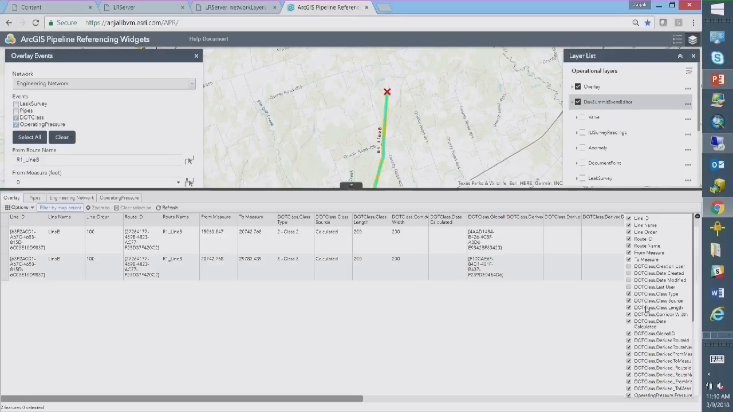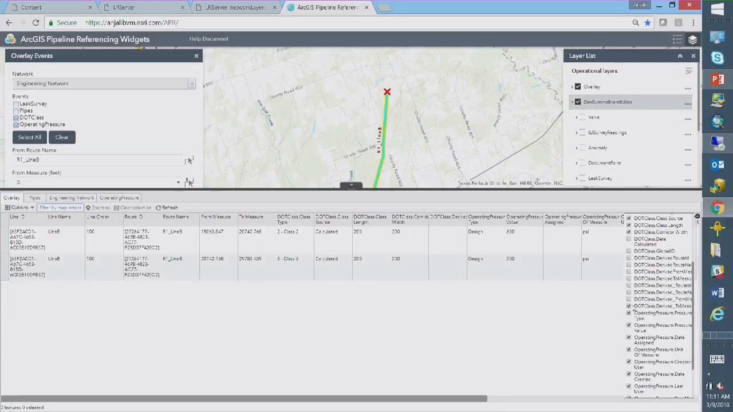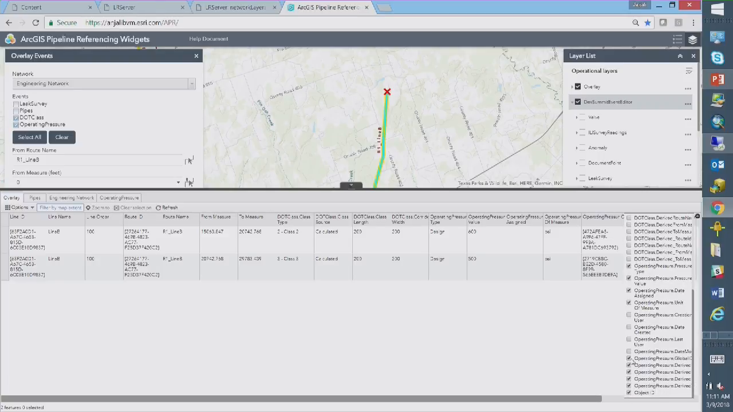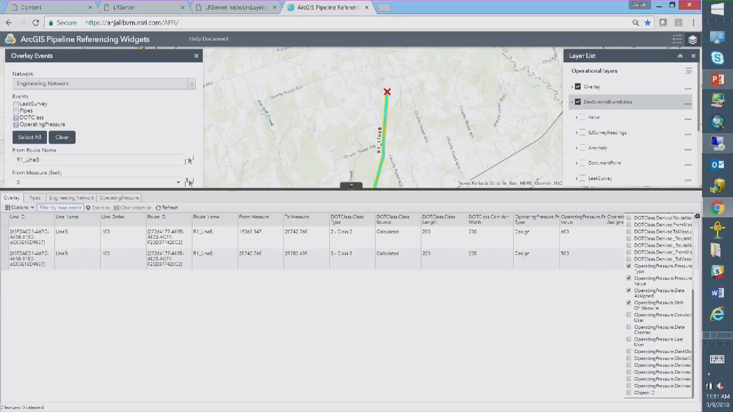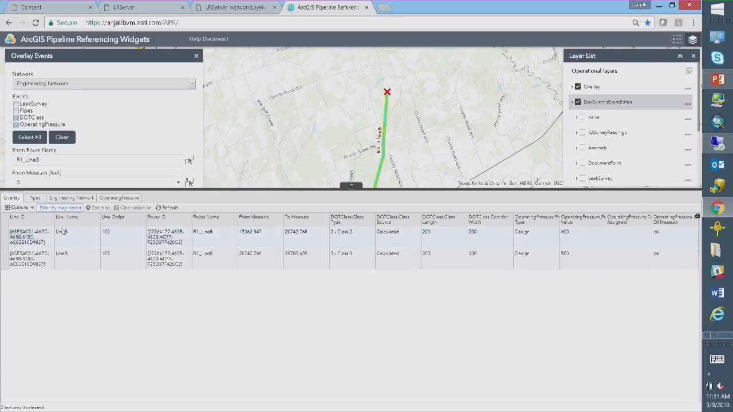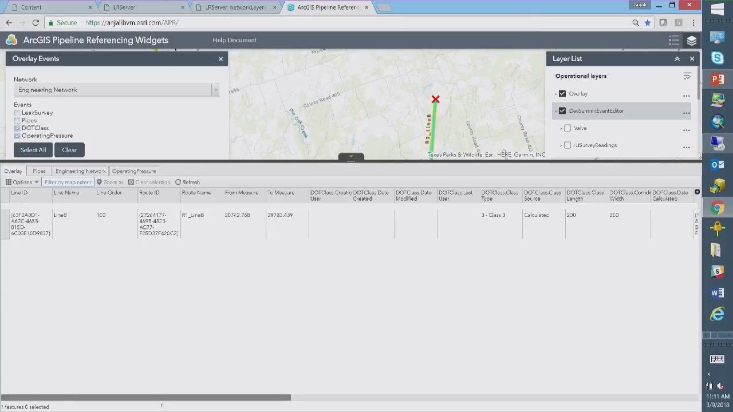I want to keep the class type. Let's look at that. I don't need this DOT class. Let me switch off these. I want operating pressure, date unit. Okay, I'm going to switch off the remaining in here. All I'm doing is switching off some of the fields so we can look at how it dynamically segmented. Okay, so when I zoom in here,